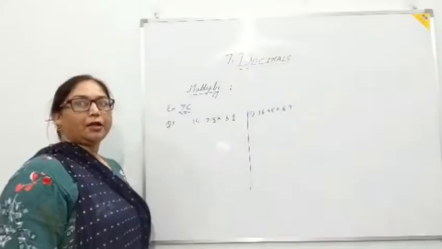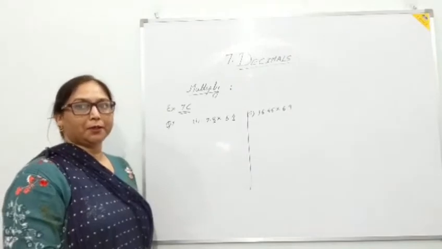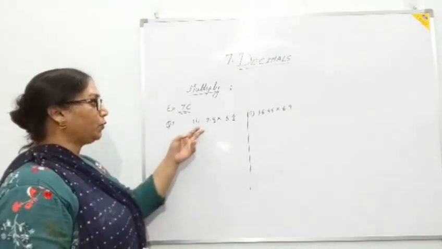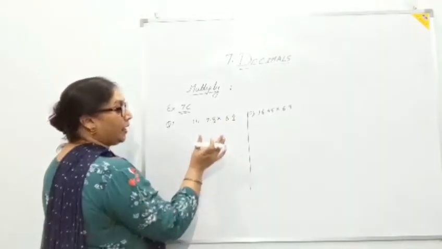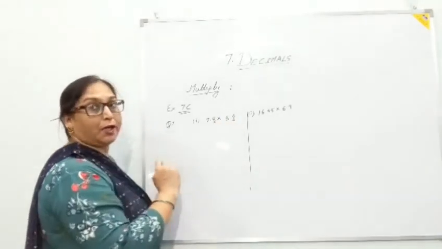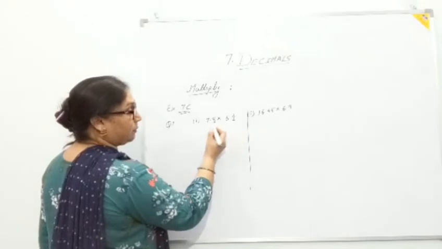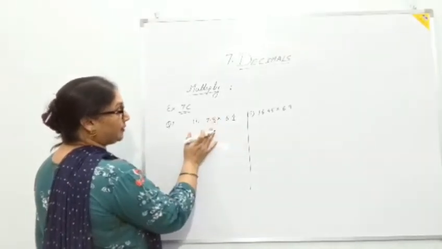Let's move on to some more examples in which you have the multiplication of a decimal number by a decimal number. Children, I have already explained the rule of multiplication. Again, it has two steps. First step, do the simple multiplication of the whole numbers, and at the end put the decimal according to the total number of decimal places in the two. So let's move on to the next example.